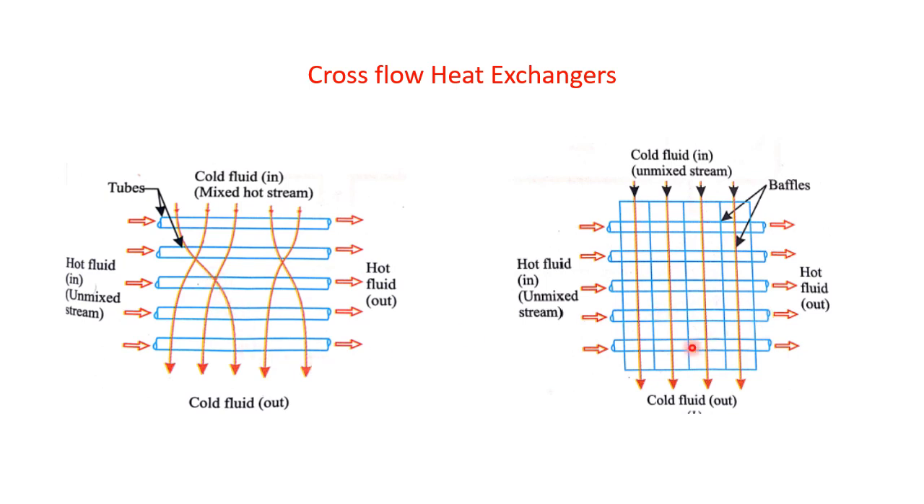You can see here another example of the cross flow heat exchanger. Here both the hot fluid and the cold fluid are not mixing with each other. They are flowing separately here. See here, hot fluid unmixed stream, whereas cold fluid is also unmixed stream. So the temperature of these fluids may vary along the length of the heat exchanger. The temperature may not be uniform. So this is the brief introduction about the heat